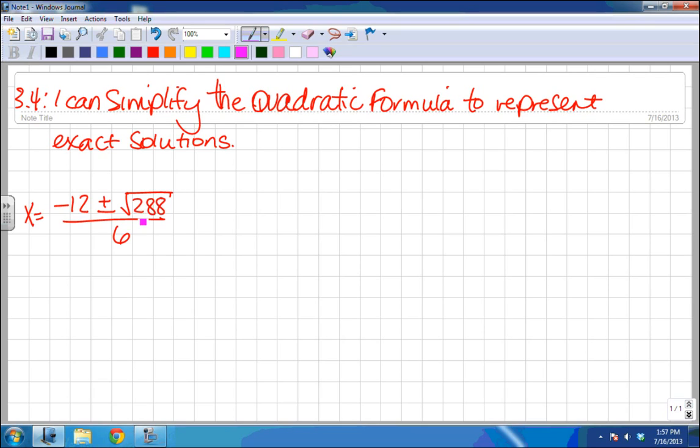If you notice, the number underneath the square root is 288, which is a positive number. From the last learning target, hopefully you know that because it is a positive number, there are going to be two real solutions. I'm going to use both methods to simplify that square root, so you can pick whichever one you prefer. The first method,